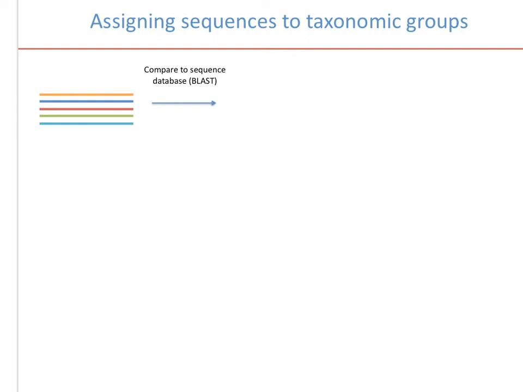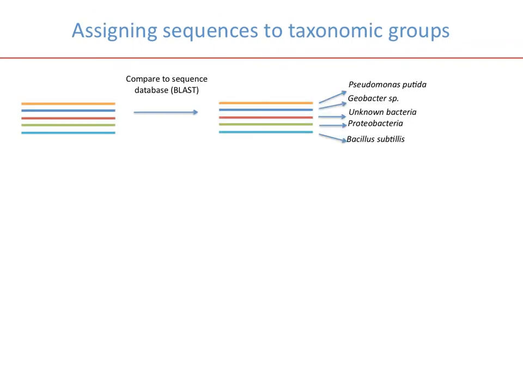So we've got these big, great databases. And this is what we're going to do. When we get our sequences back, we're going to compare our sequences to a big database that other people have generated. And what we'll be able to do is make taxonomic assignments to our sequences. Now, the databases are enormous and awesome, but they aren't perfect. So you might have some where you're able to say, wow, this is exactly the same as this particular species, and we can confidently say that that piece of DNA is from that particular species. However,